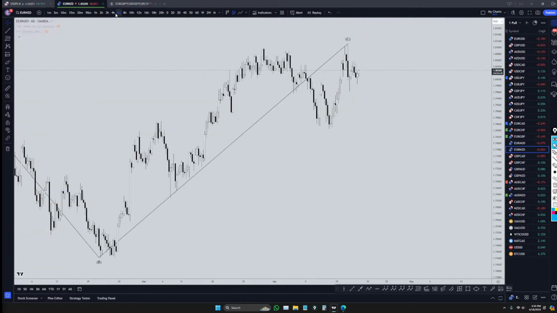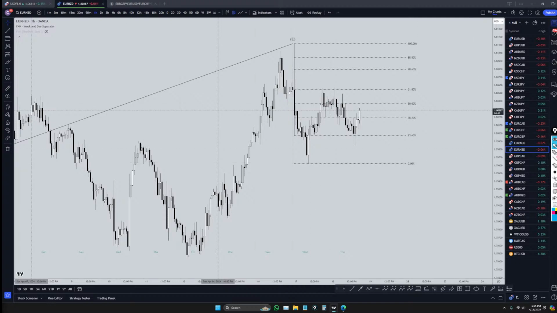So at some point, there's going to be a big short. I don't think it's happening yet, but at some point, I do think there's going to be a big shorting opportunity. Real big shorting opportunity.